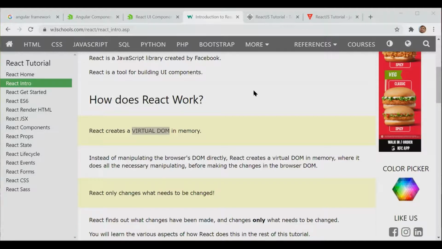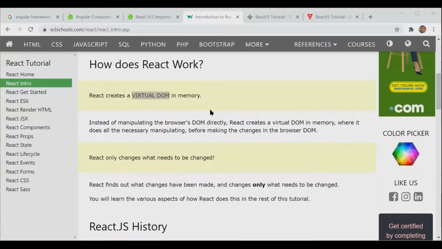So it's very fast, because it's available in separate memory and it manipulates only the portion that changed. Sorry, I was not here for a long time, so I just joined today, and I'm seeing that you are working on the React portion.